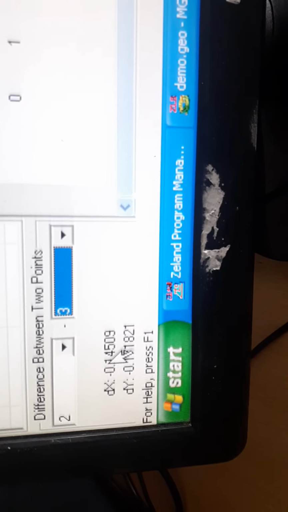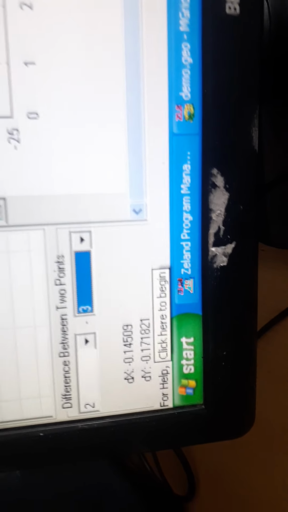We put 2 points on the minus 10 dB line and get 2 and 3. The difference between 3 and 2 is 0.145 gigahertz, which means 145 megahertz is the bandwidth. So this is your return loss, S11 parameter.